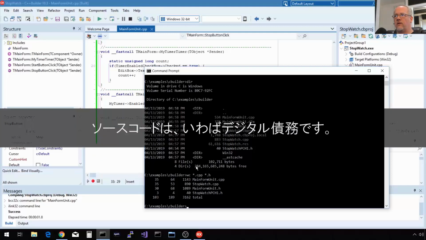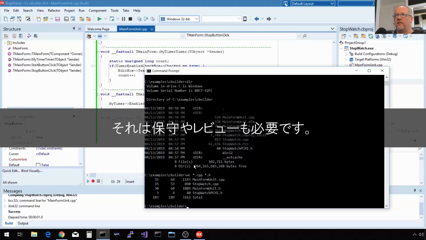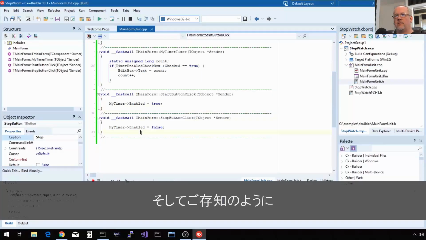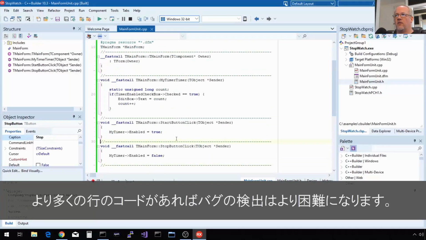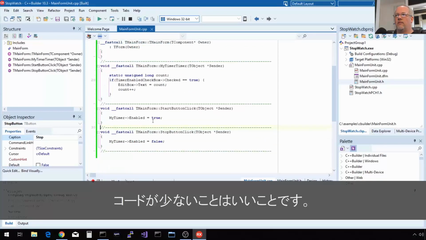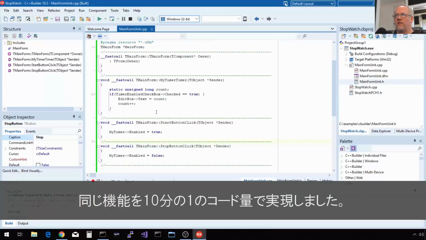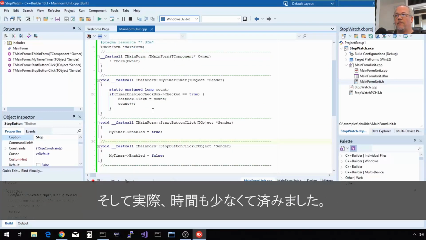And that source code is digital debt. It's something that has to be maintained and checked and combed through when there's a bug and you need to find the cause of it. The more lines of code, the harder it is to find that bug often. So less code is better. We got the same functionality with 1/10 the amount of code, and honestly, a lot less time, and much easier